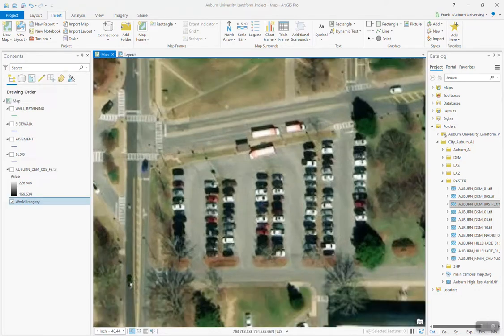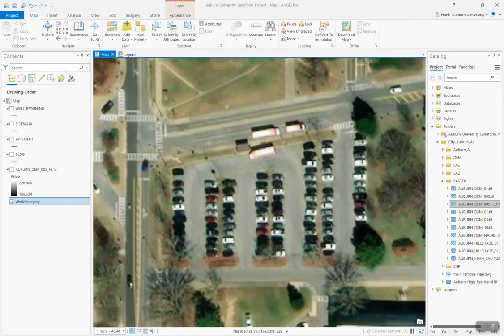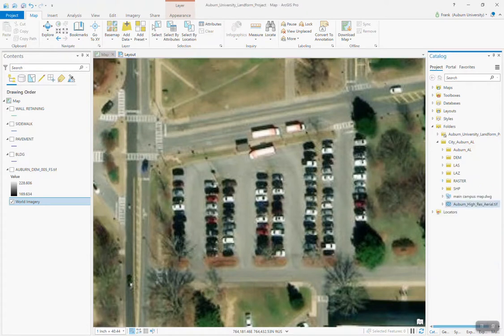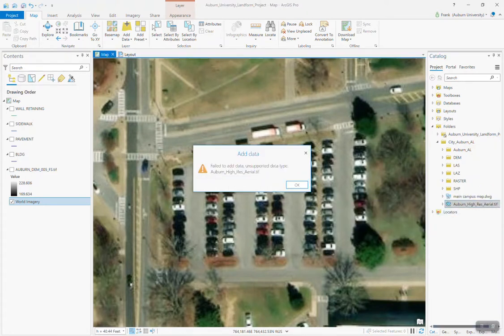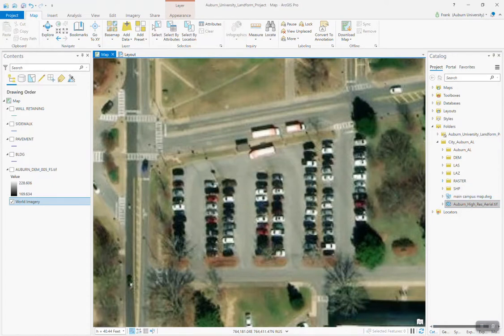But I'm going to go back to the map tab first, just because I want to show first how to actually create the first map, which is the very simple aerial base. And so what we're going to do, you can see right here, this world imagery base is pretty low quality. It's not very nice looking. And that's why we use that high-res aerial. So if you've downloaded that 3 gigabyte file, if you bring that into your map, let's see,